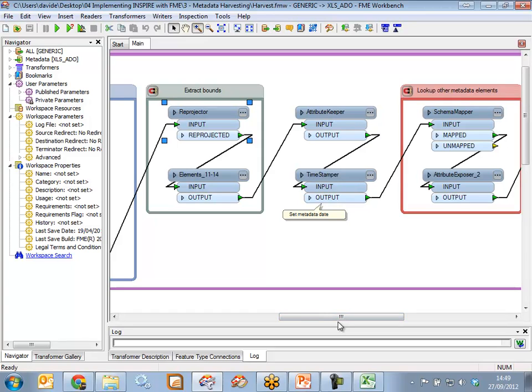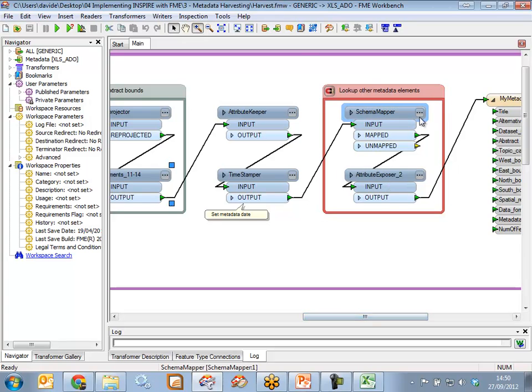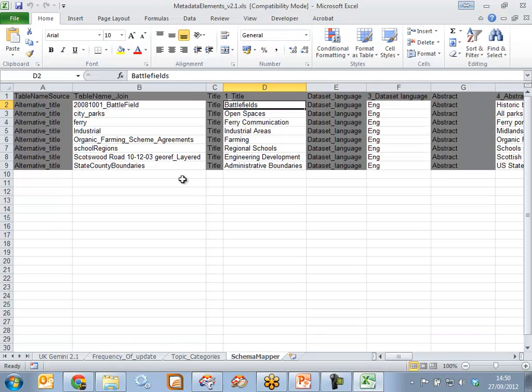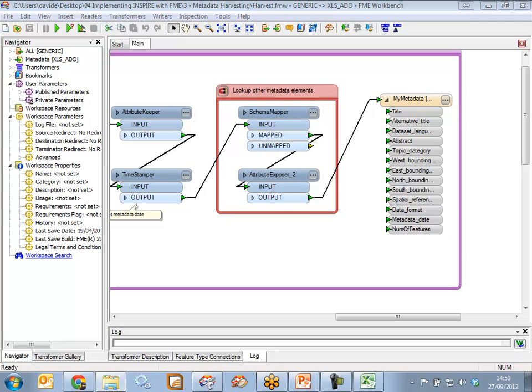Things like the bounding box or the bounds extractor allow me to extract the bounds of my data so I can populate the appropriate element. And I also need to be able to reproject my data to lat long 84 so that it's in the appropriate projection that is conformant for Inspire, and then I can extract out of that the bounding long and lat values. The Schema Mapper allows me to join to that spreadsheet that I talked about a moment ago and bring back any further information that can't be derived from the geometry,